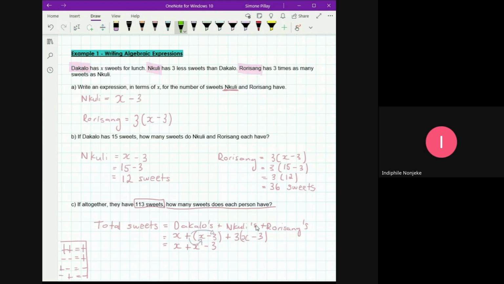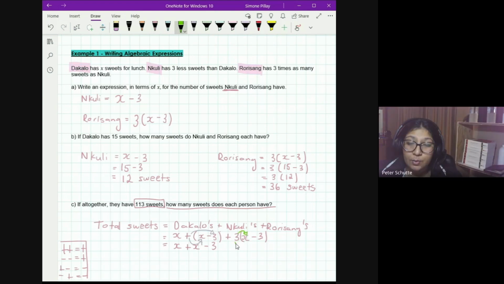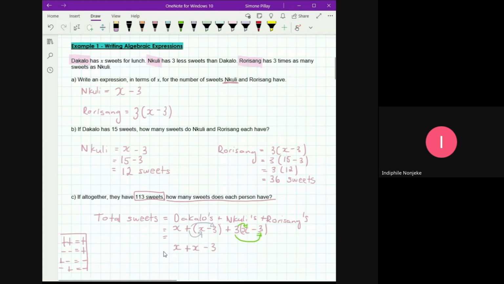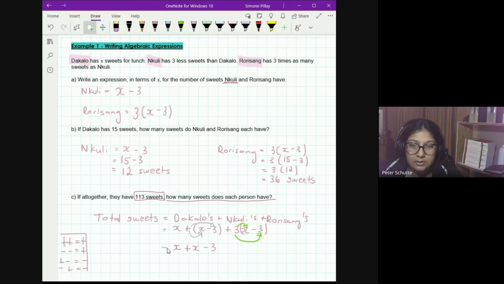Ma'am, here we distribute 3. So it's not going to be just 3. Remember, we're distributing positive 3. Yes, ma'am, positive 3 times positive x, which is positive 3x. Okay, I need that equals to. So you said positive 3x, I heard that, and then